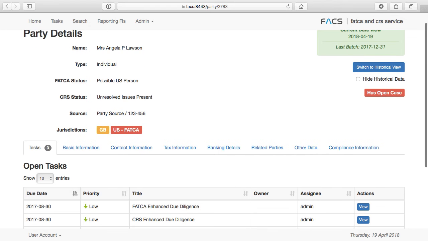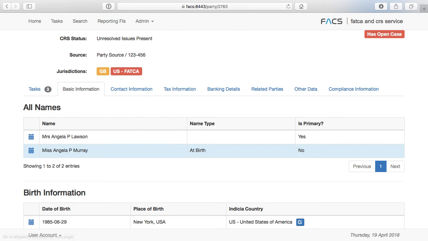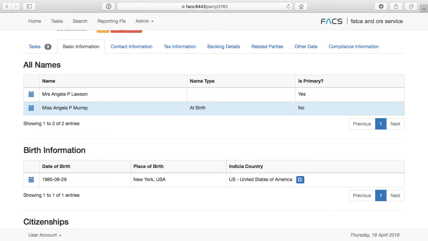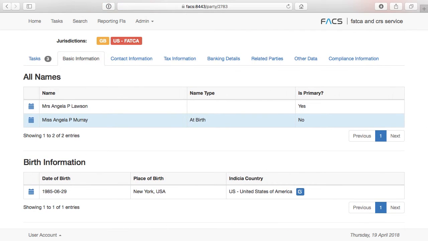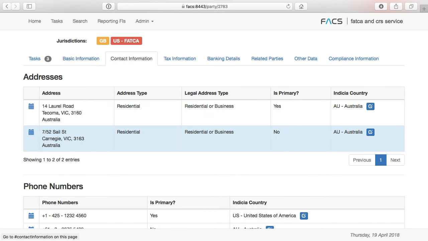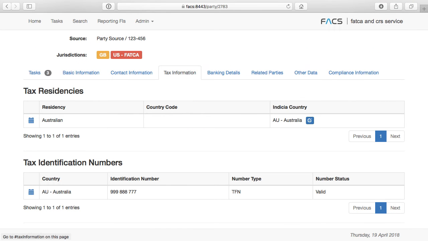If we scroll down a bit, we can see a number of tabs, and here we have all sorts of different information about the customer. We start off with some basic information, so things like names, birth information, citizenships, and so on. Contact information, of course, so we have access to addresses and phone numbers. Tax information, highly relevant, of course, for FATCA and CRS, so we can see what tax residencies the customer is associated with, what tax identification numbers they've provided,